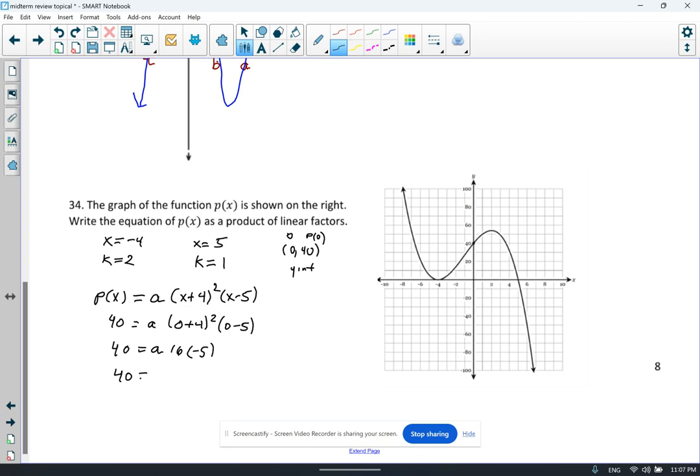So 40 is equal to -80a. And I divide both sides by -80. I get 40 over -80, which is -1/2. So now I can fill in, and I get p of x is equal to -1/2 times x plus 4 squared